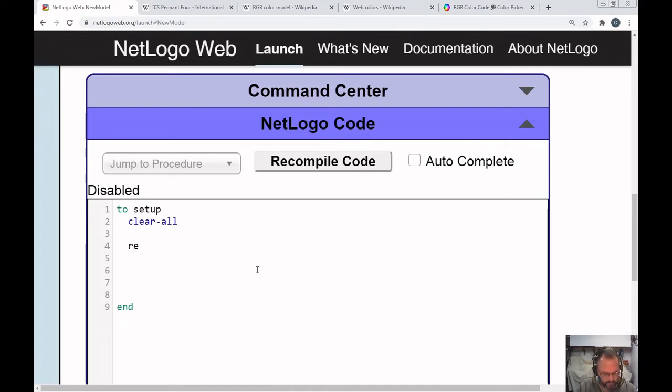So I do resize. I'm going to go ahead and do a user comment. I'm going to do semicolon, semicolon, thinking about a different computer language, semicolon, semicolon, and I'm going to say make a square flag right here. Now I'm going to say resize-world,